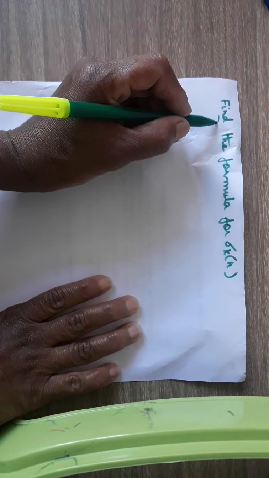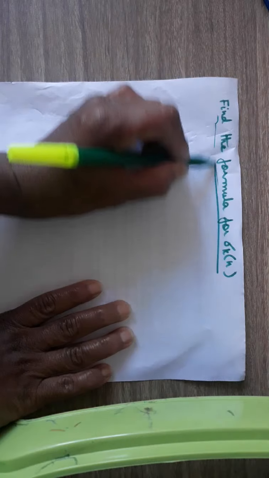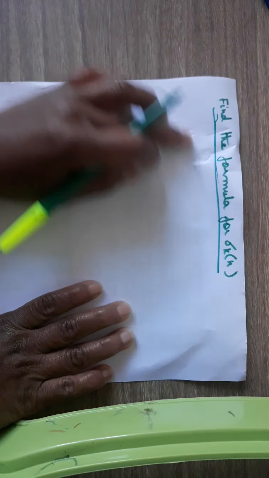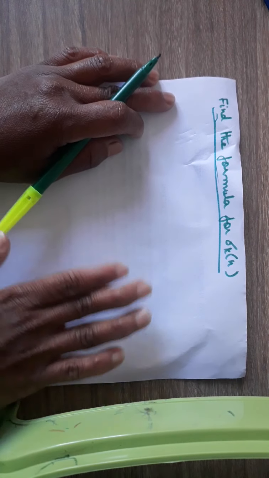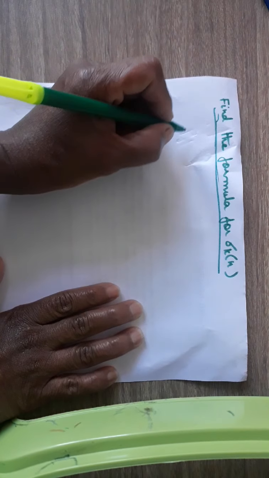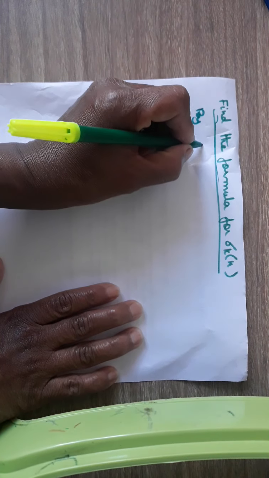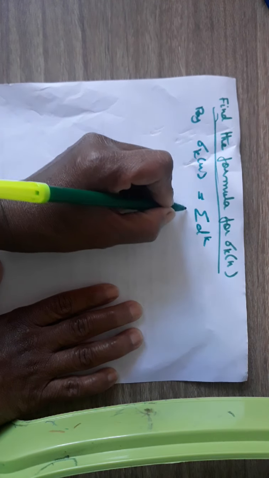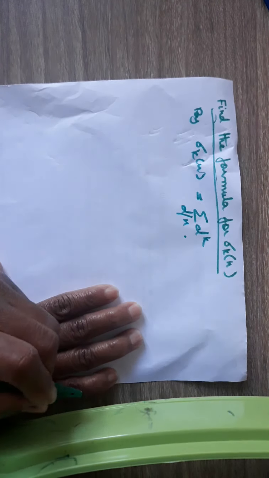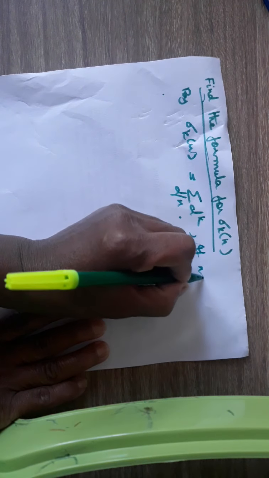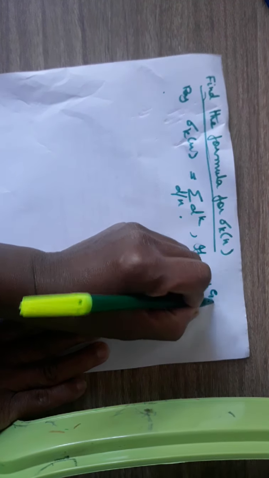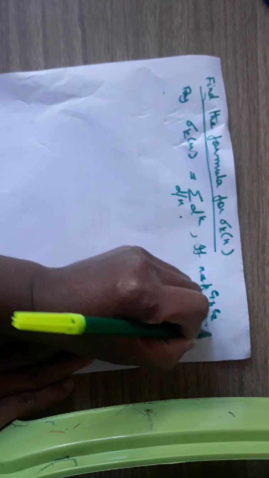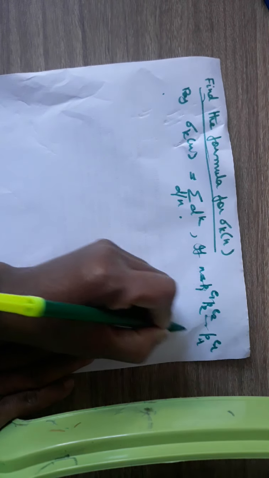So here, how to find the formula for sigma k of n. By sigma k of n, we mean the sum of the kth powers of the divisors of n. So by definition, sigma k of n is a sum of the kth power of the divisors of n, where d runs over the divisors of n. So if you have n, n is a product of p1 to the power e1, p2 to the power e2, dash dash pr to the power er, where